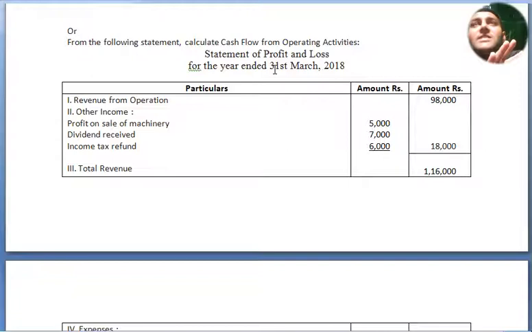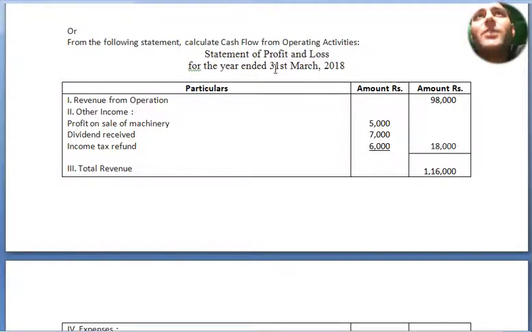I have seen the books by VK Jain and TR Jain, quite simple and sophisticated as per your board question papers. They have made a simple and authentic book. I am not publishing or promoting anything. If you have the old Laxmi publication, you can do it from there also. It doesn't matter; I am just sharing my experience. That's all. From the following statement, calculate cash flow from operating activities. Here only one activity we have to calculate. But the disadvantage of this question is we cannot tally whether our answer is tallying or not.